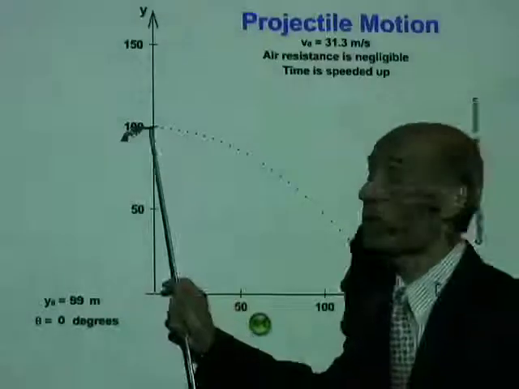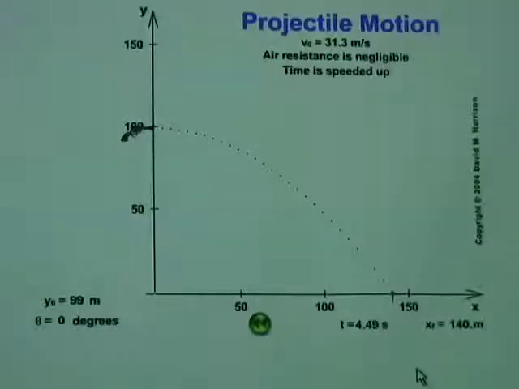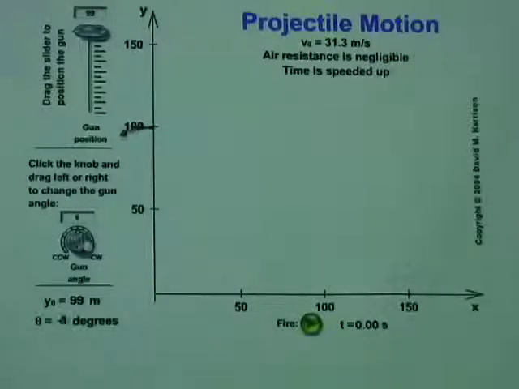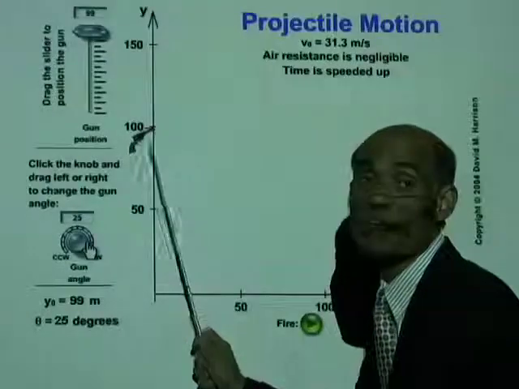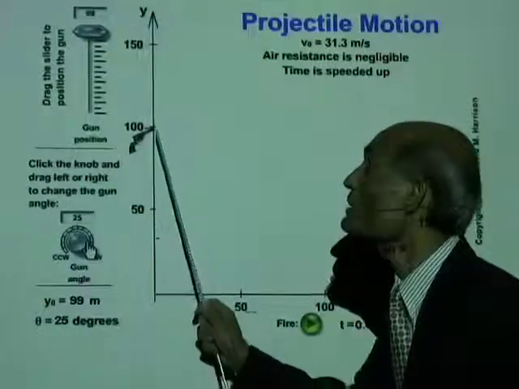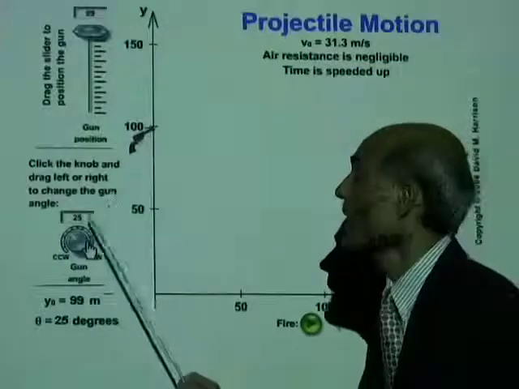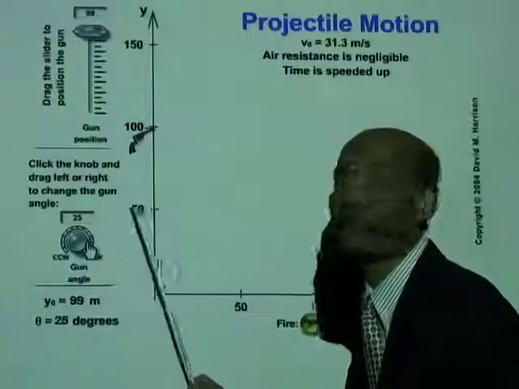Alright, let's experiment with some angle of projection. Well, let's reset it and change the angle. Let's say the angle is 20, well, let's make it 25 degrees. There you are. The angle of projection is 25 degrees. So, what do we have? We have a projectile projected from a height y0 equal to 100 meters at an angle of 25 degrees, and